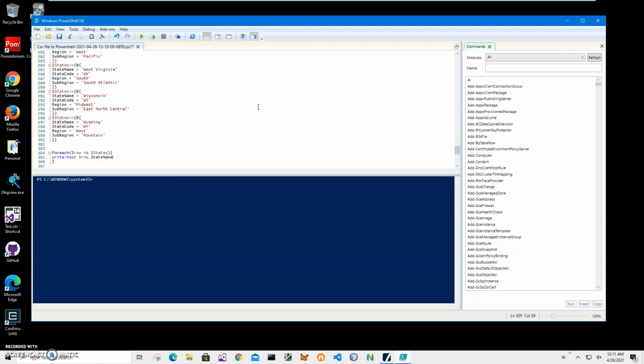In this way, you can see I will do iteration in states, because states is a structure that contains all data from the CSV file. And here I can just print everything from states, and you can see it's printing all states from Alabama to Wyoming. And also I can access basically any column like that from the structure. I can do row state code just to print the state code,